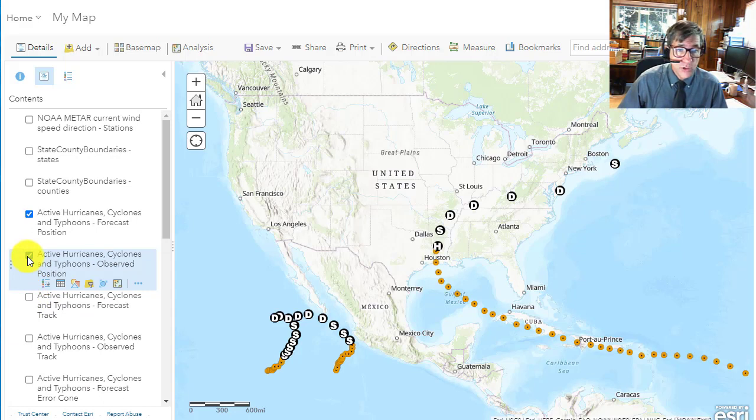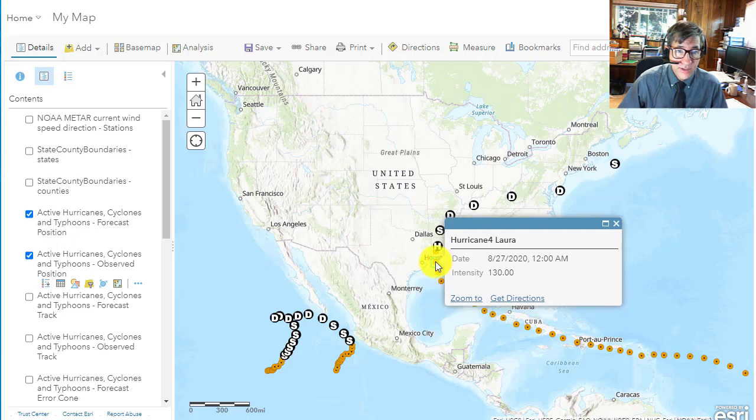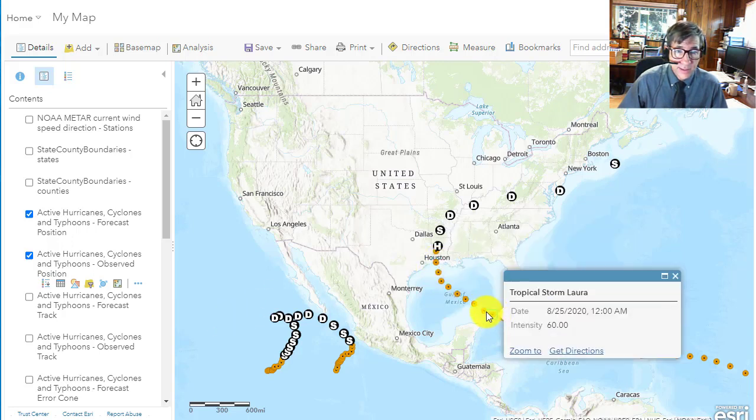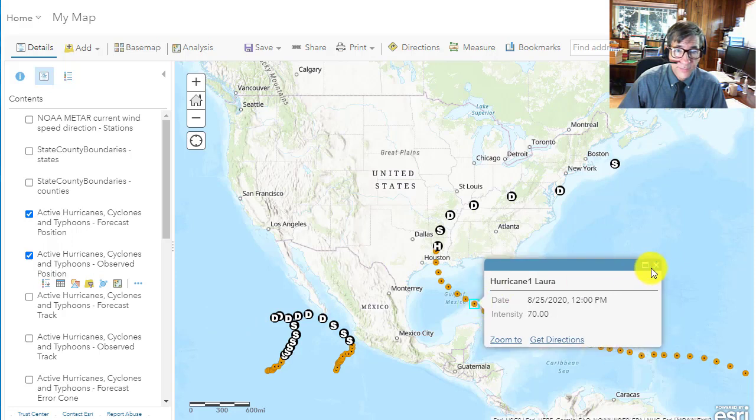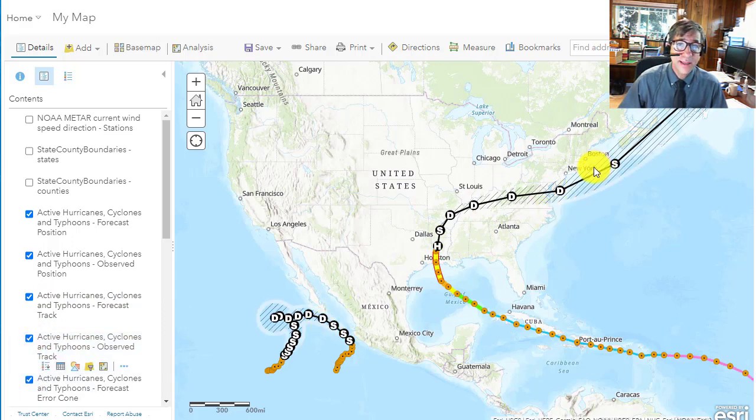Now we are looking at the observed position, so I can actually click on each one of these and see what the observed position was at certain hours. I've got every 6 hours, it looks like. And then I also have the forecasted track, because these are dynamic situations. So what's the forecasted track for this and other hurricanes? And then what about the forecasted error cone? We don't know exactly. These are dynamic situations. We have models, but this is the error cone. It could go anywhere inside this error cone as it moves off toward the northeast part of the USA